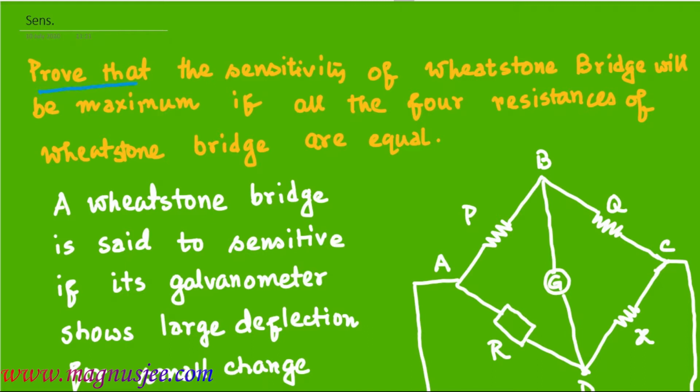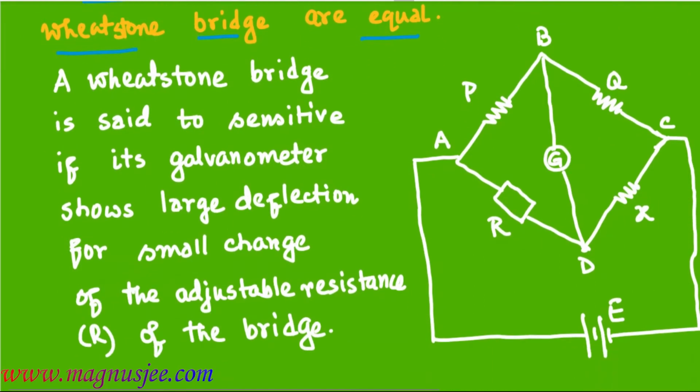We have to prove that the sensitivity of Wheatstone Bridge will be maximum if all the four resistances of Wheatstone Bridge are equal. All the four resistances of a Wheatstone Bridge are equal. So in the diagram,